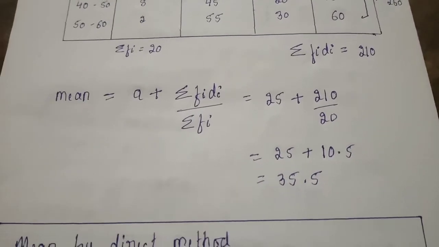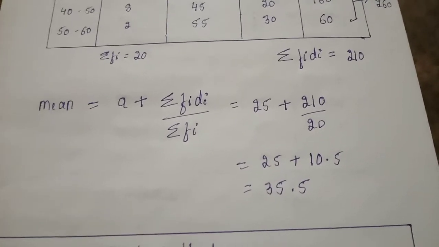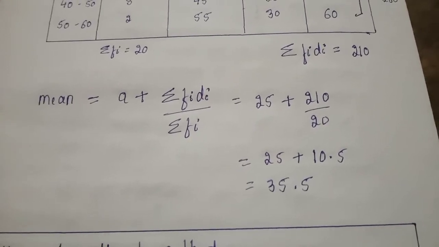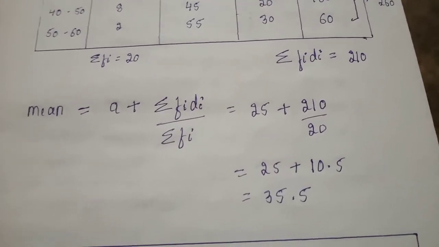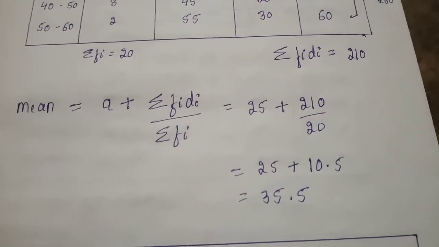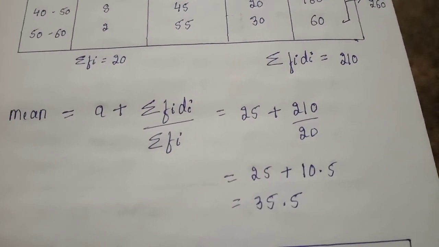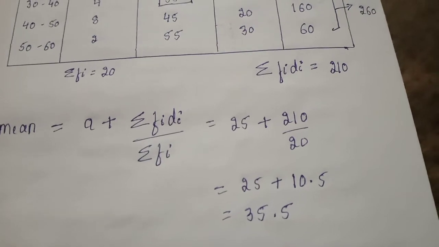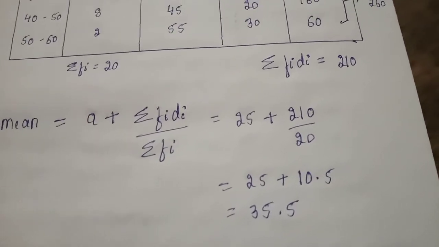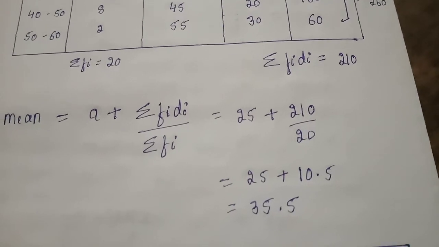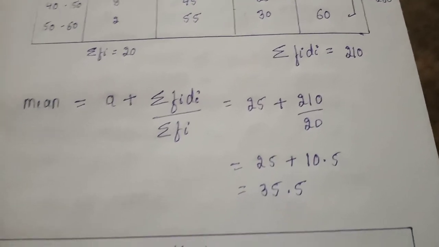But when we go for ungrouped data, the answer differs. And I already discussed that the mean of ungrouped data is the correct mean, whereas the mean of grouped data is an approximate value. But still, why do we do it? Because when the data is very large, it is difficult to find the mean by ungrouped data. So we convert them into grouped data.